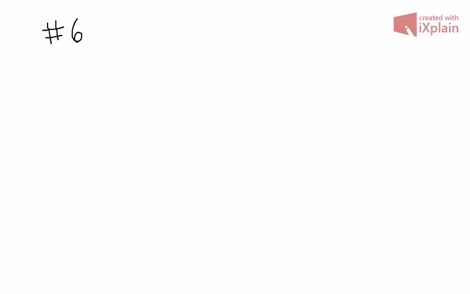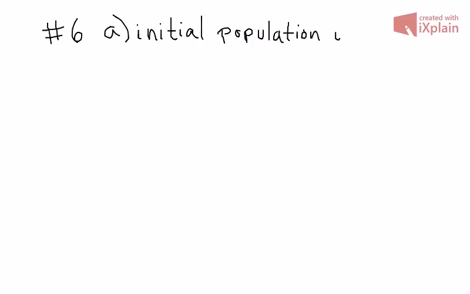On to number 6 here. So number 6, pretty simple for the most part. For A, we want to know the initial population, and the initial population is when the time equals 0, and